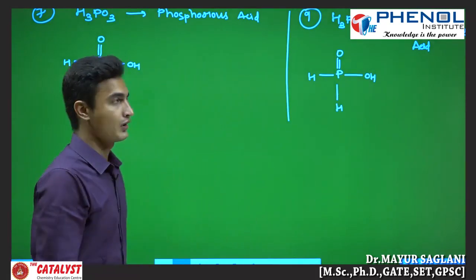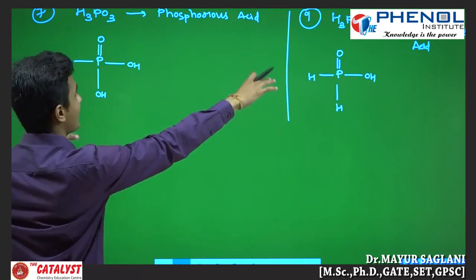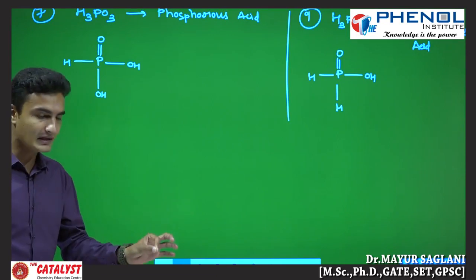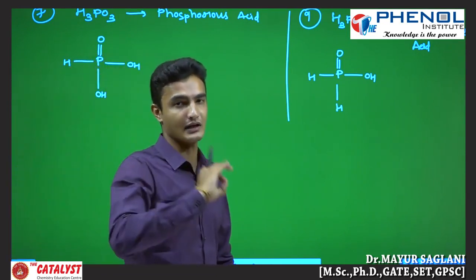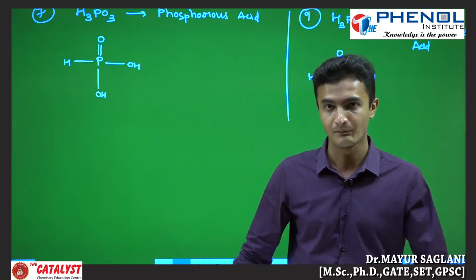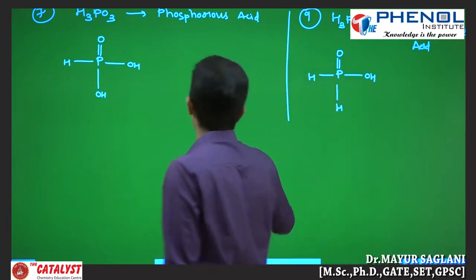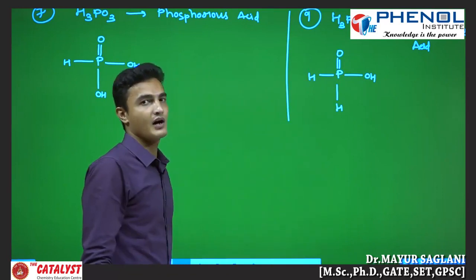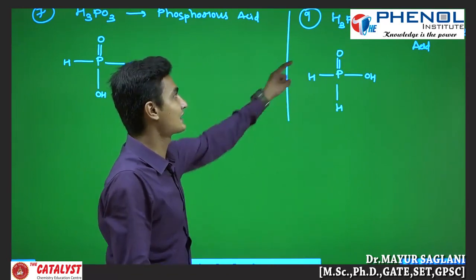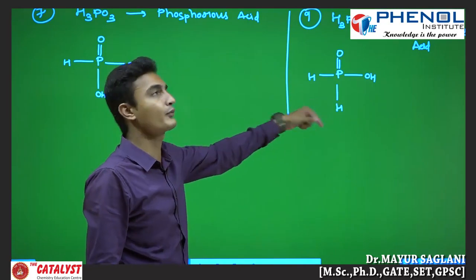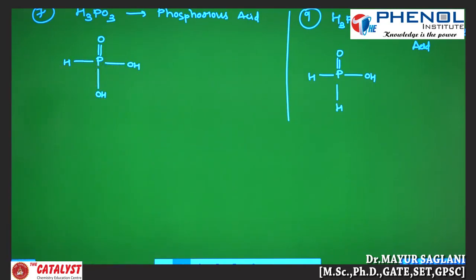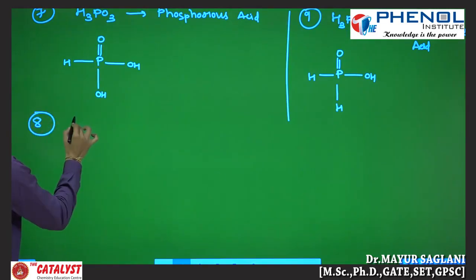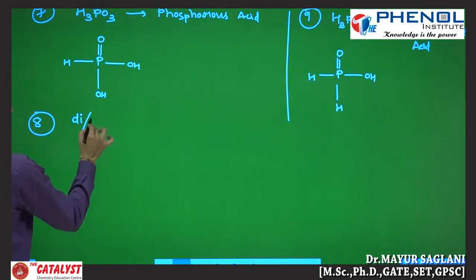If I ask you, out of these 2 structures, number 7 and number 9, which is more basic, or you may say which has more reducing character? The more hydrogen atoms directly bound to the central atom, the more reducing in nature. So this H3PO2 has more reducing property than this H3PO3. Fine. And number 8 I will write di or